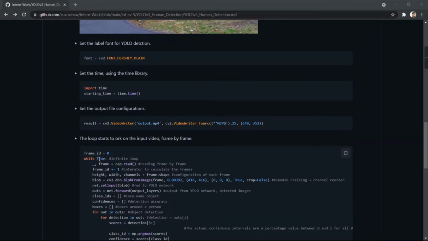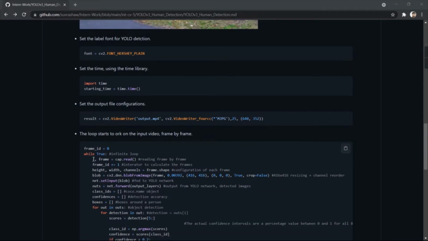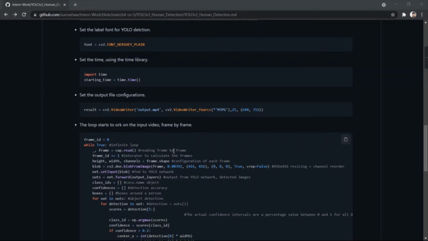Now in a loop, using a while True statement, that means an infinite loop will be there. So for reading frame by frame, we use the dot read method here. Next, iterating to calculate the frames. Here we are increasing, it means frame id equals frame id plus 1, as an iterator to calculate the frames.